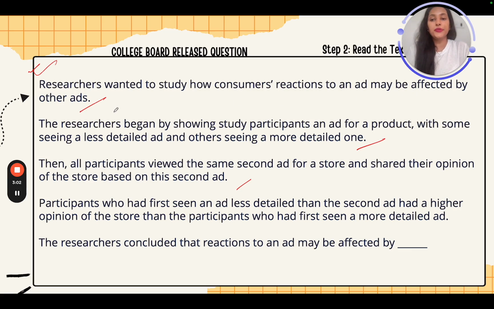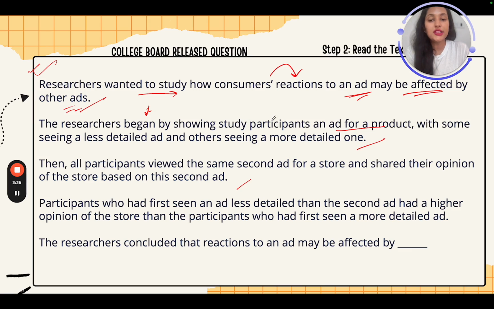So take a pause here. Understand what they are trying to study. They are studying consumers' reactions to an ad getting affected by other ads. So how are consumers reacting to an ad which can have an effect by other ads? Right? We are focused on consumers' reactions to an ad. Now let's read the next sentence. "The researchers began by showing," now this is going to be about the research. What did they do in the research? "They began by showing study participants an ad for a product,"